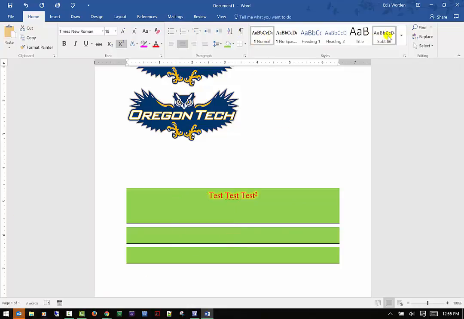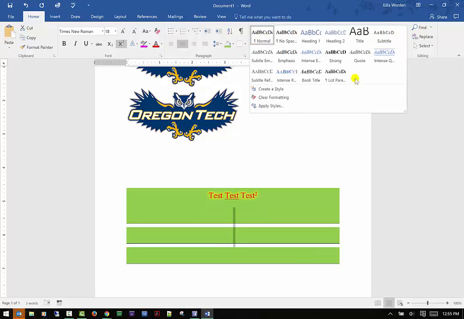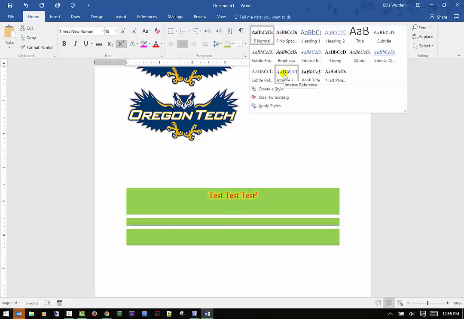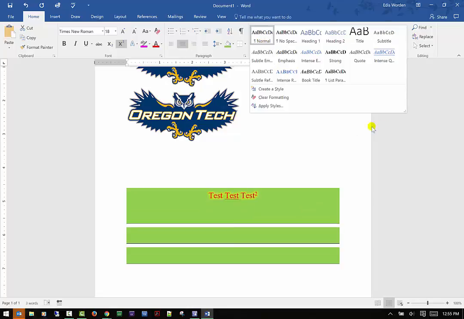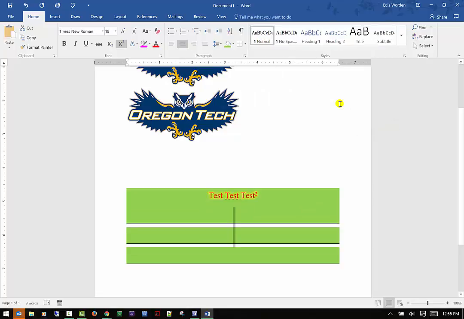These are your styles. There's a lot to choose from. It's just basically how the document is set up. You can have all different types of styles. I have a tendency to stay with normal. There's other choices though. You may find that another style is better for you, so just know that you have that option there. Find, that's so you can find